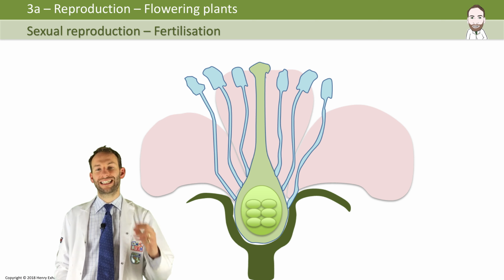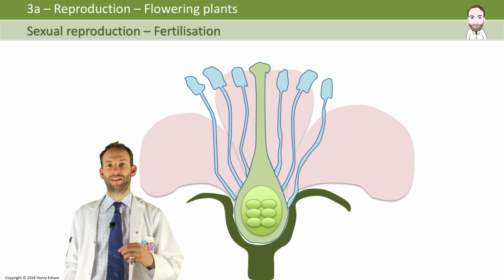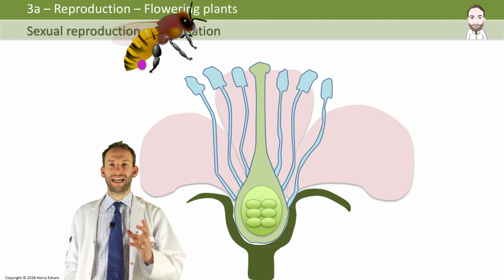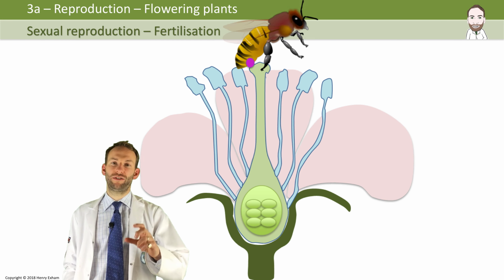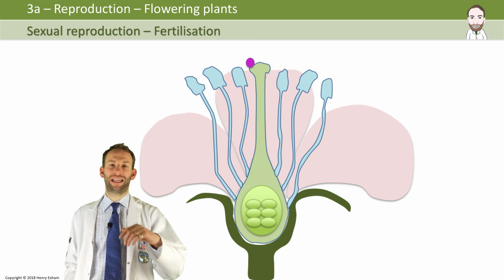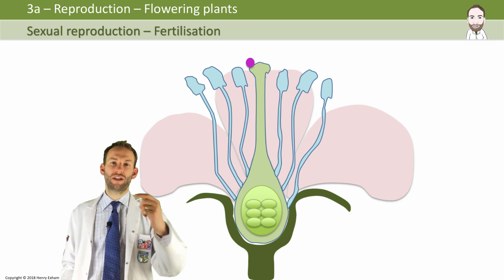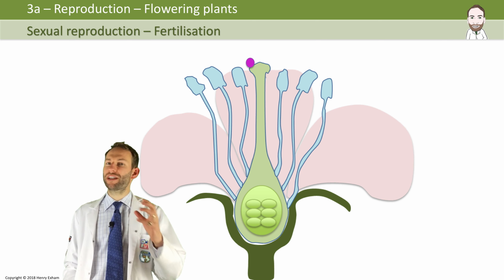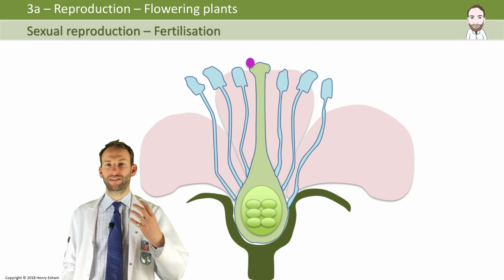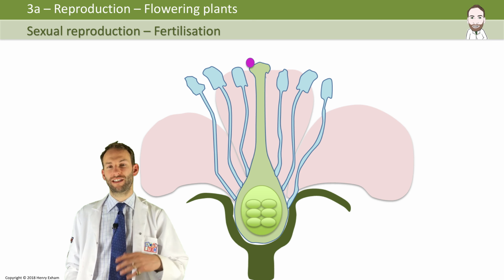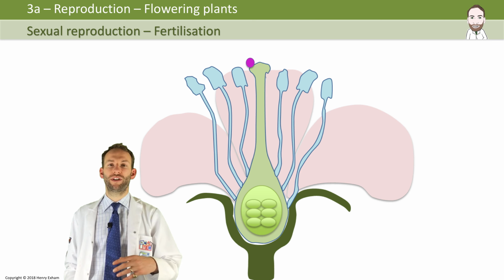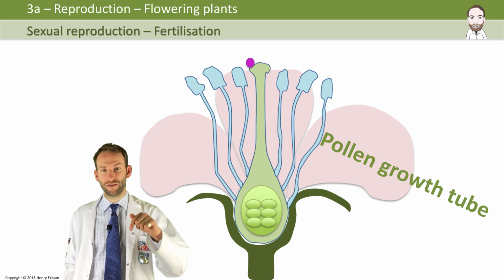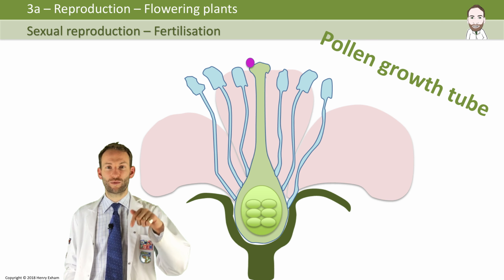The pollen has landed on a stigma. As you can see here, here's a bee, it's carried the pollen and landed on the stigma. But you'll notice there is now a big gap between where the pollen is at the top of the stigma and where the egg is inside the ovule. So just because they're now on the same flower, they have not yet combined, they have not fertilised, they have not fused. So at this point, the pollen grows a tube down the style, it digests its way down the style